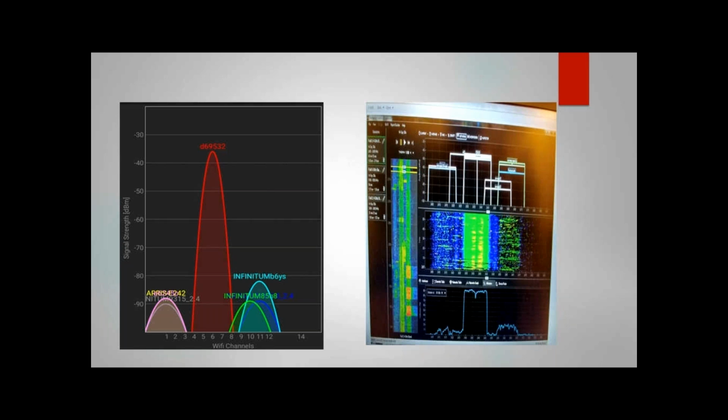I don't have to even execute a spectrum analyzer, all of this. In the right portion, it's a spectrum analyzer that is a more advanced tool than the one on the left, and this is executed by a laptop computer. So let's say that we have to make a new deployment,